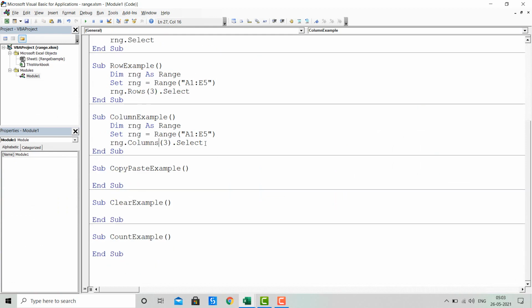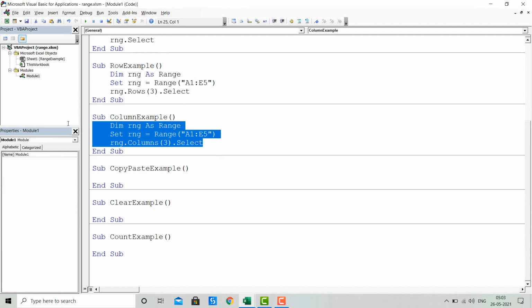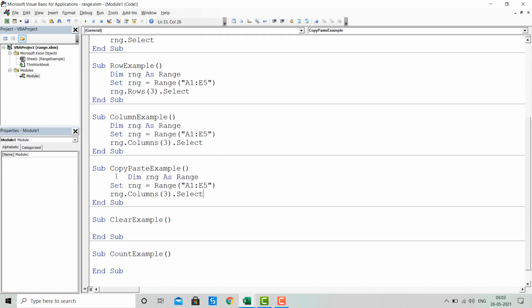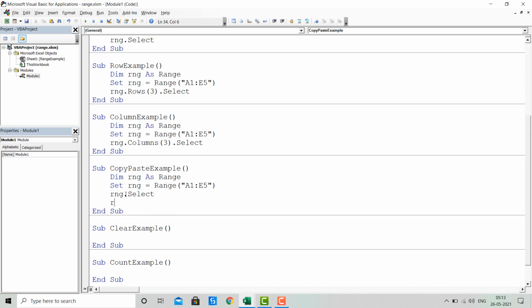So for this, I'll copy the code from column example to copy paste example, and we have to remove the last line from this. So let's remove this, and we have to select this range first. So let's select the range, copy and paste dot select, and in the next line we'll copy this range, rng dot copy.